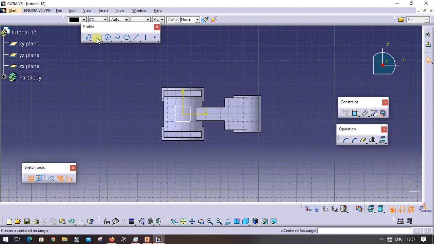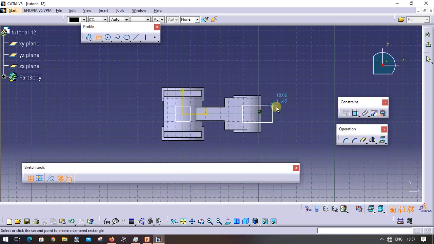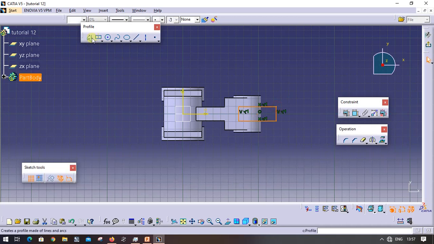Now again select center rectangle and draw a center rectangle. Select one of the circle's edges and project it and change the projection into a construction element. Now select this point and then this line.